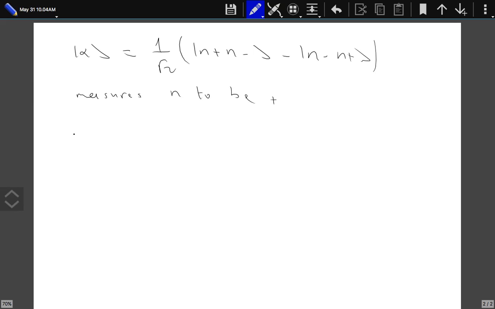Well, this would mean that after the measurement, the system has the ket n plus n minus. And the measurement of B will be